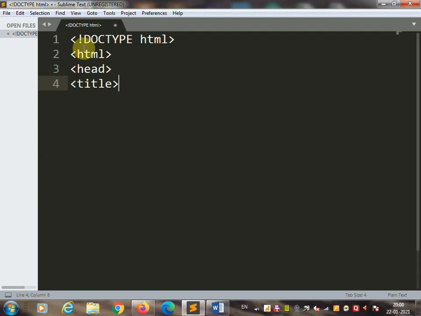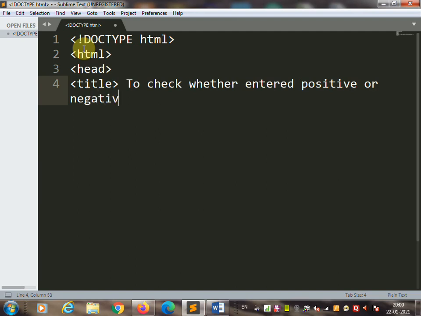So here the title we can give is: check whether entered positive or negative numbers are equal or not.